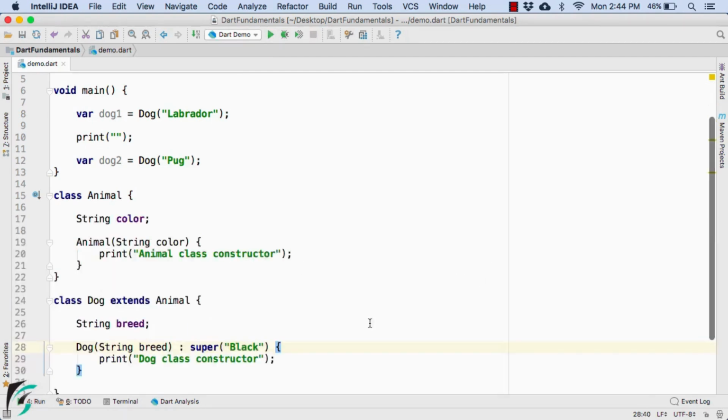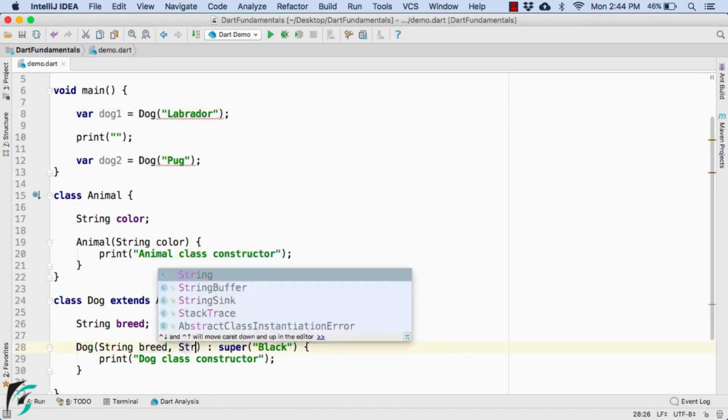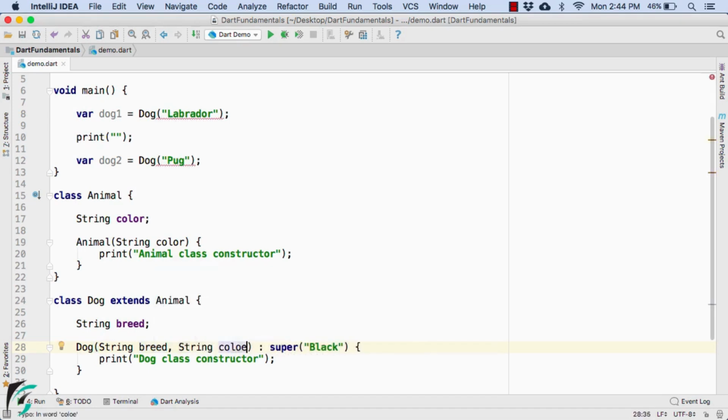Now what if I want to pass this black while creating the dog object here? So for that what we can do is right after the breed let us define string color and here right after Labrador let us pass here as black and pug let us pass here as brown, the color of pug.